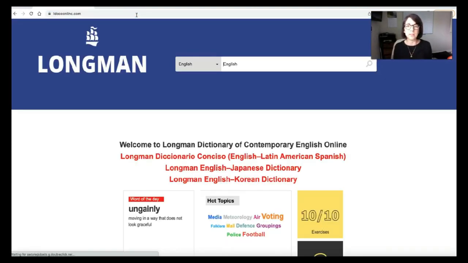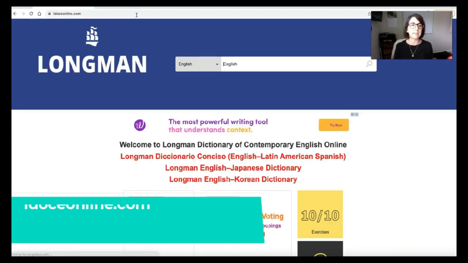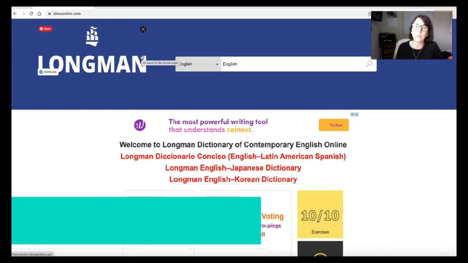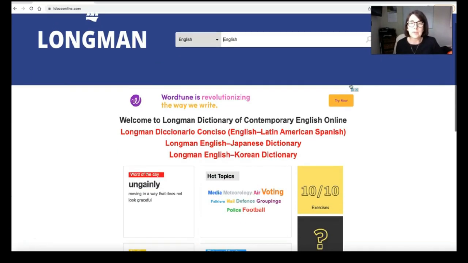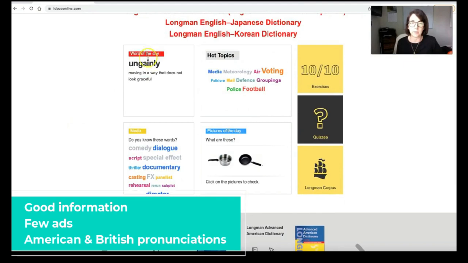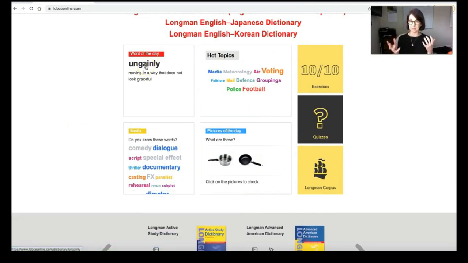And the Longman Dictionary is LDOCE online. The Longman Dictionary is my pick for a great dictionary that has a little more information. So the first thing we want to do here is notice how the website works. We have our search box here, and we also have word of the day. You can see that it doesn't have as much interesting information about the word as the previous website did. It doesn't have a picture, but if we click on it,